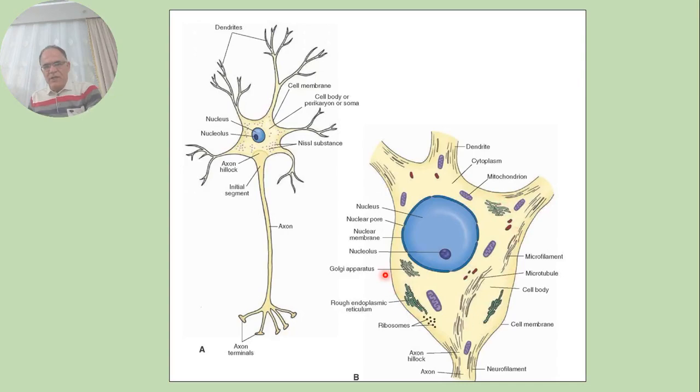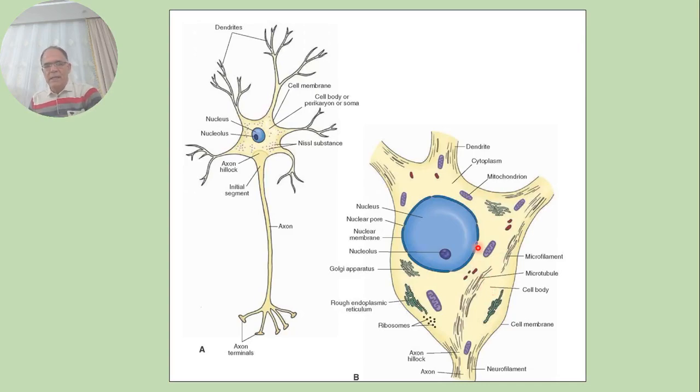Inside the cytoplasm, we can see different organelles. One of the most important organelles is the mitochondria. Mitochondria produce vital energy. What is the vital energy? Vital energy is called ATP. The cell uses ATP energy to perform different functions. One of the main structures inside the soma is the